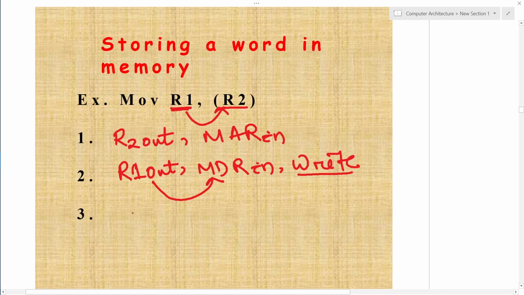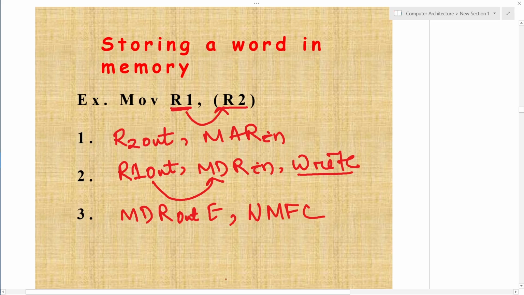Then in the next step, who will write it? Now MDR out external bus will write it. So I have to write MDR out external, and I have to wait for the memory function to complete. So the control signal I have to write is wait for memory function to complete.